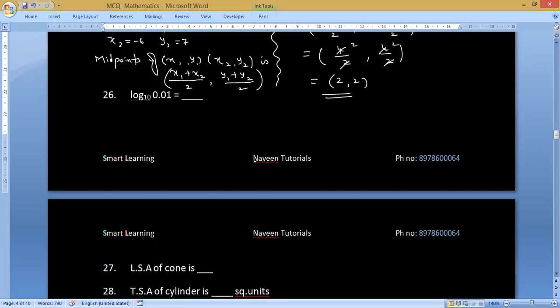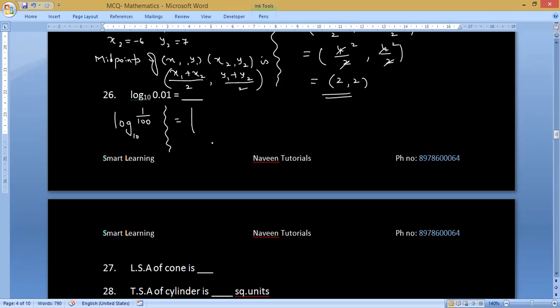Next question. Log base 10 of 0.01. I write 0.01 as 1 by 100. After the point there are 2 digits, 0 and 1, so I'm writing 2 zeros: 1 by 100. Then in the next step, I'll write it as